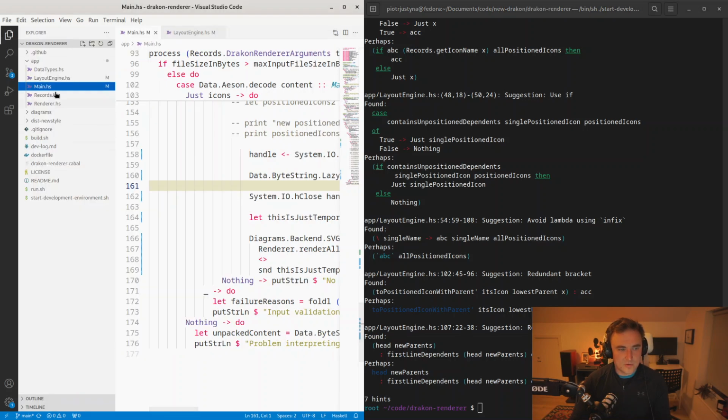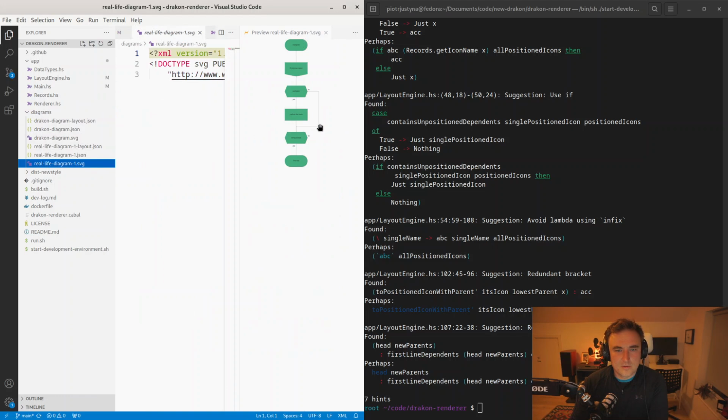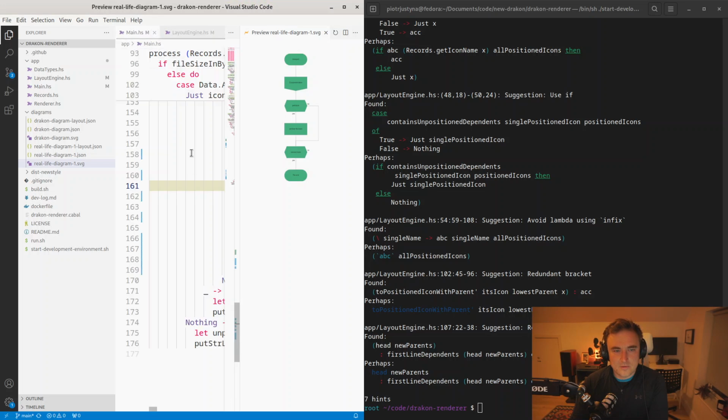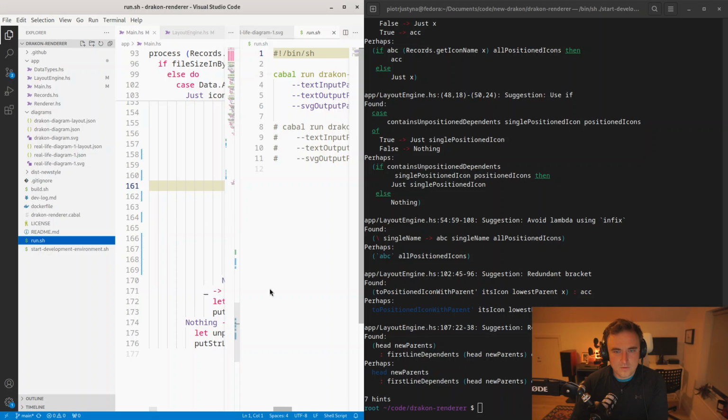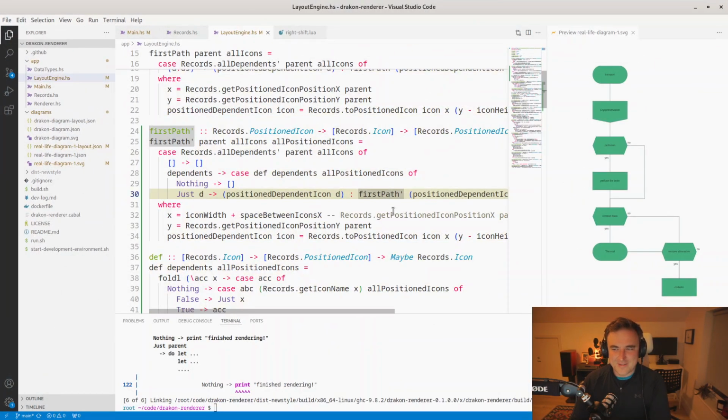Let's just quickly check if it produces the same result. Diagram, real life diagram. Doesn't for some reason. Getting tired of this, but I'll fix it for tomorrow. The environment cannot override this layout engine. For now,